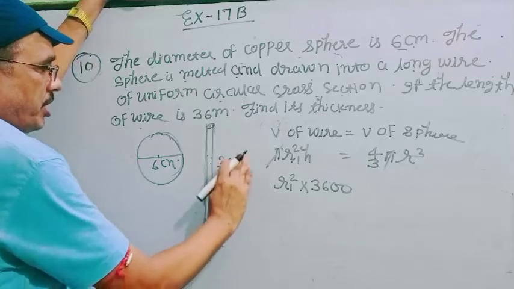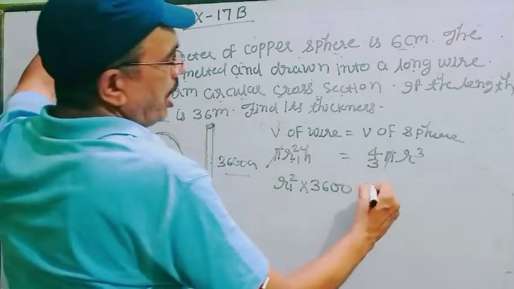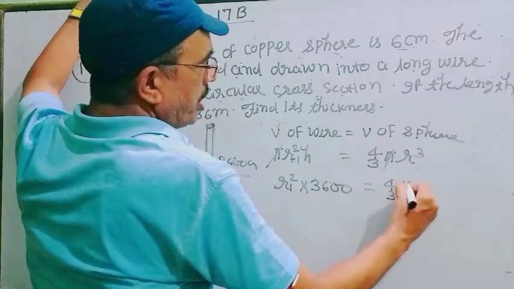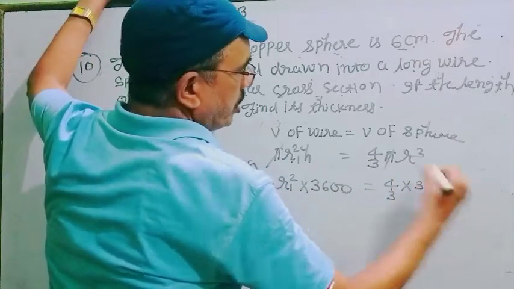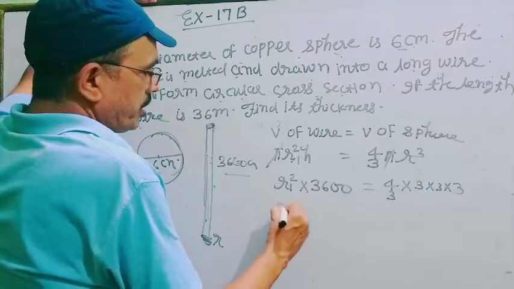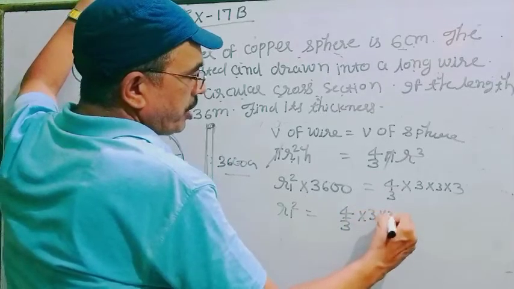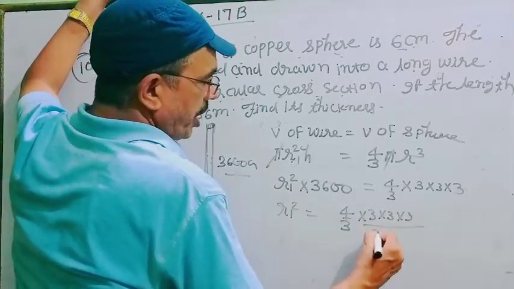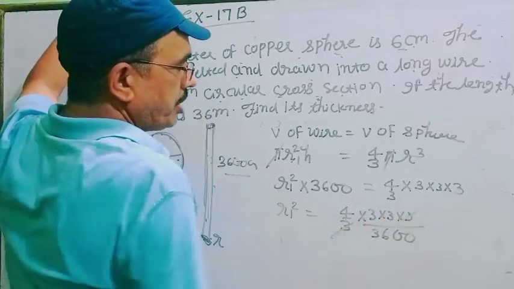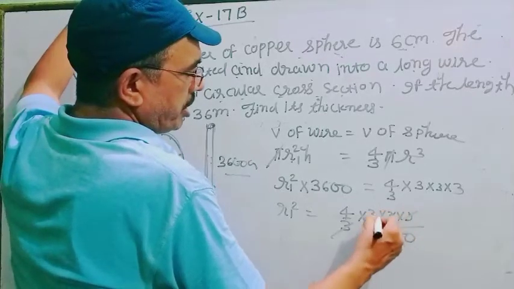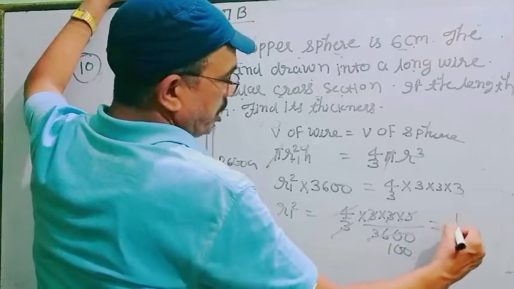So I change this 36 meter into centimeter, that is 3600 cm, and it is equal to 4 by 3 into 6 cm, then 3 into 3 into 3. So what is R1 square? It is 4 by 3 into 3 into 3 into 3 by 3600. 3 cancel. Then here 3 9s and 4 36s, that is 100. So it is 1 by 100